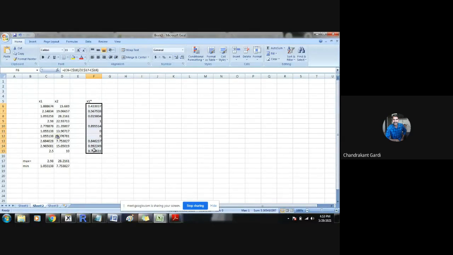Same thing we can do with x2 also. So here, this particular x2 will be subtracted from its minimum value, divided by max minus min. So this is the maximum value minus the minimum value. Using this function, now if we drag this value wherever we have taken D18, next values D19, D20 will be taken, and therefore we want to change just the D6 value by these values, and all other values we want to be constant. Therefore we will put a $ sign so that they will not run.